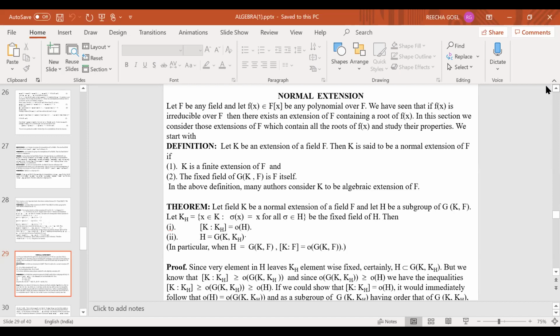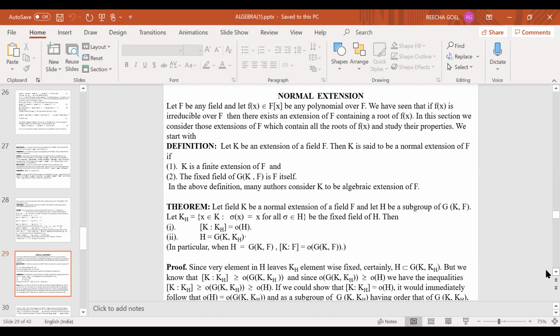And after this, we have our major theorem. Artin's theorem said that if K is a finite extension of F, and you look at the degree of K over F and the group of automorphisms of K over F, G(K,F), then the order of G(K,F) is always less than or equal to the degree of K over F. But if K happens to be a normal extension, then we get equality. And that is given by this theorem.